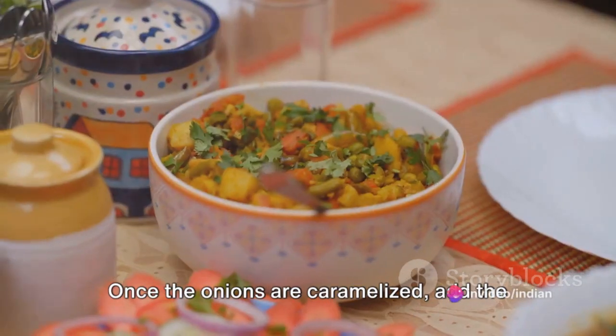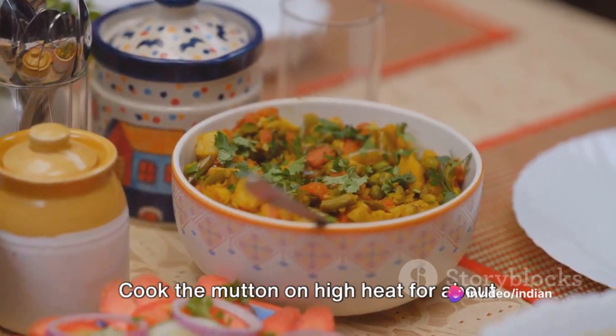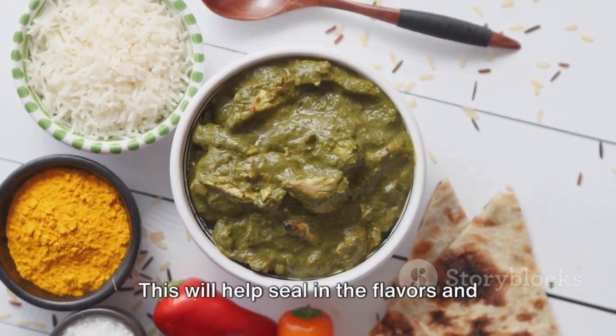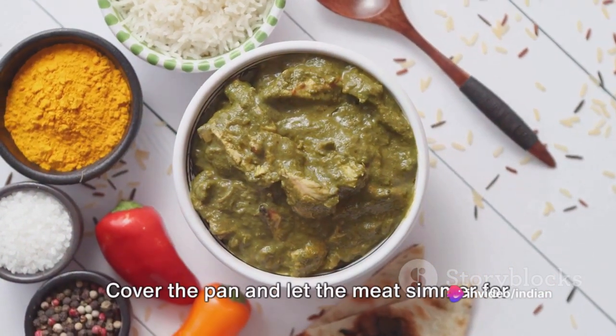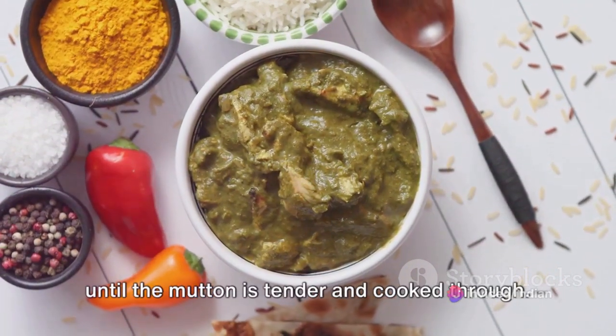Once the onions are caramelized, add the marinated mutton to the pan. Cook the mutton on high heat for about 5 minutes, stirring occasionally. This will help seal in the flavors and give the meat a nice brown color. Now reduce the heat to medium and add 2 cups of water. Cover the pan and let the meat simmer for about 45 minutes to an hour, or until the mutton is